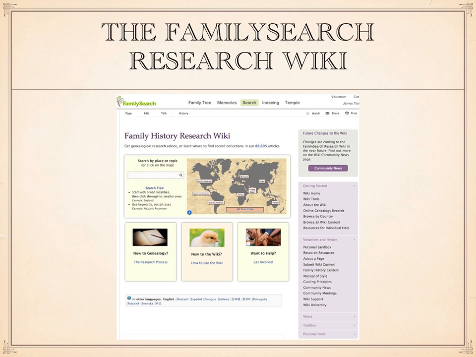There are another 120,000 or so additional articles that talk about how to do genealogy, help, and all sorts of other topics. So the total number of articles on the FamilySearch Research Wiki is in excess of 200,000. That's a sizable amount of information about one topic, considering the entire topic talks about how to do research and find sources and other things that are of interest to genealogists or family historians.